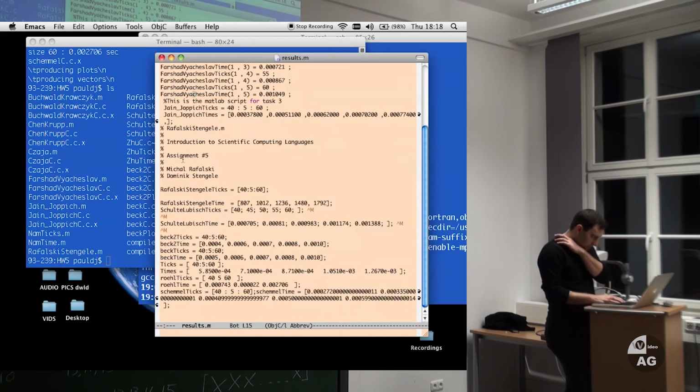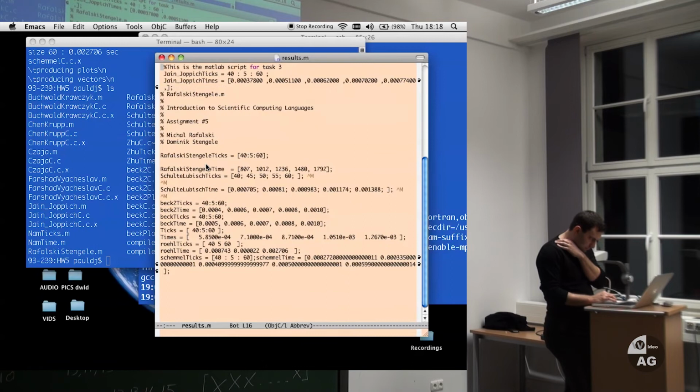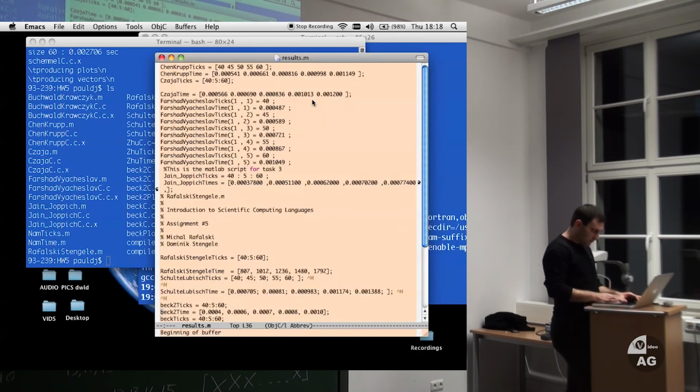Oh, look at this. Maybe you guys are down here. So I guess first of all, we see that Rafalski, Stengele, they are losers already. This is clear, right? These are CPU ticks, not seconds.